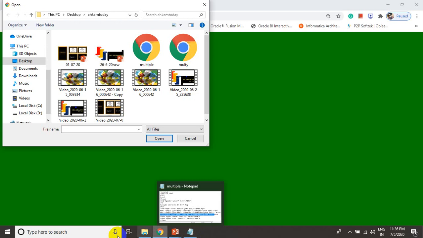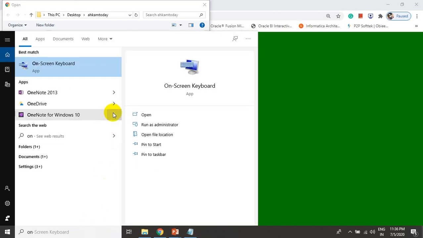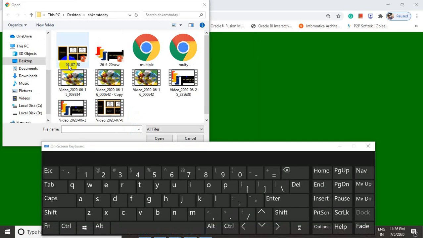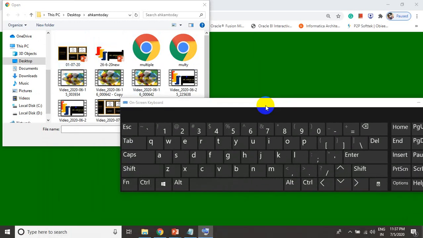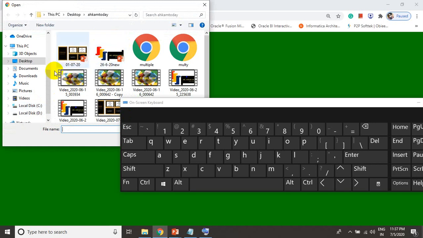I will show it on keyboard. I will click on choose file, so this window will open.